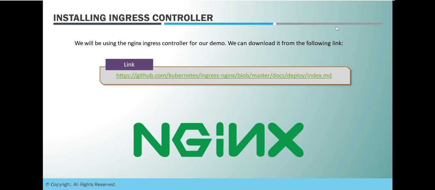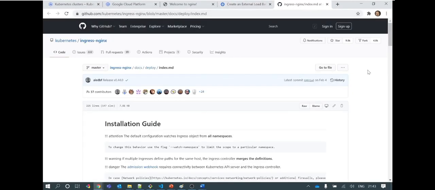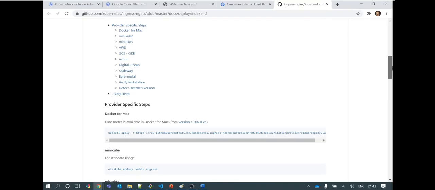Okay, so this is the link where you can go and follow based on the flavor of machine that you have. Let me go here. I have clicked this, and you can see the ingress controller type may vary based on the machine you are going to create it on. It's like the type of cluster, the host environment for your cluster you have in place.